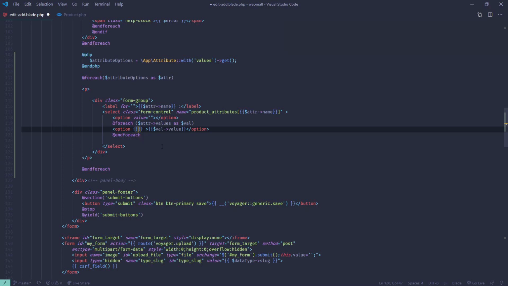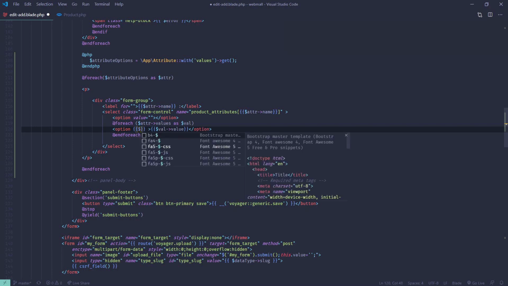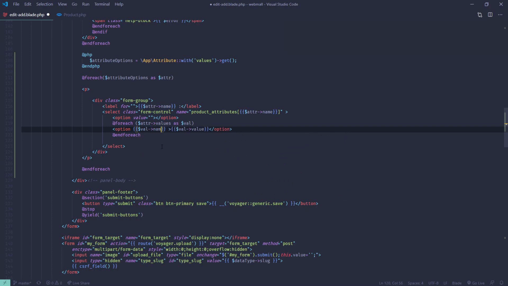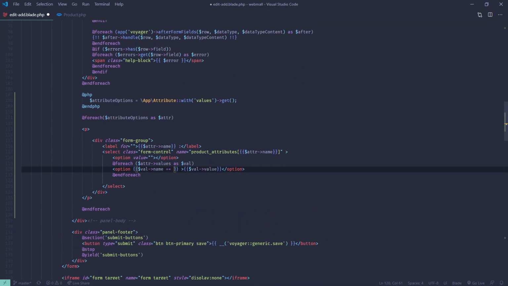So how do we do that is a question. So let's see, we need to check this value name if it matches with, equals to